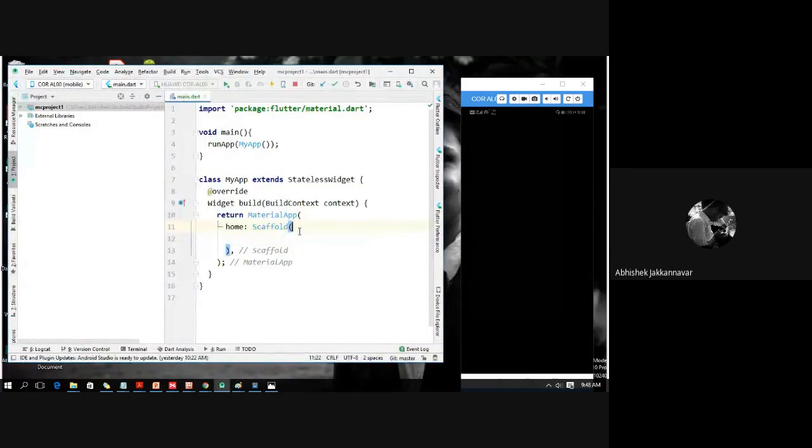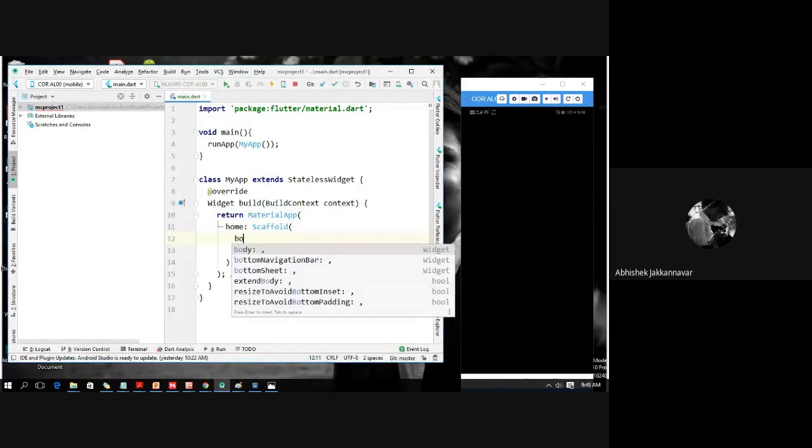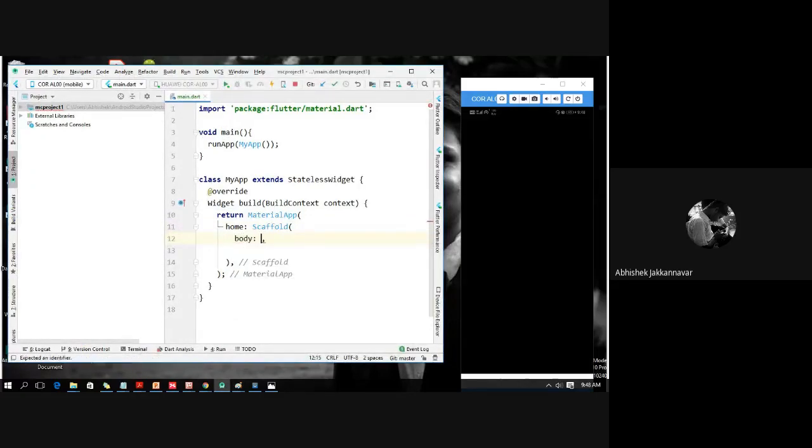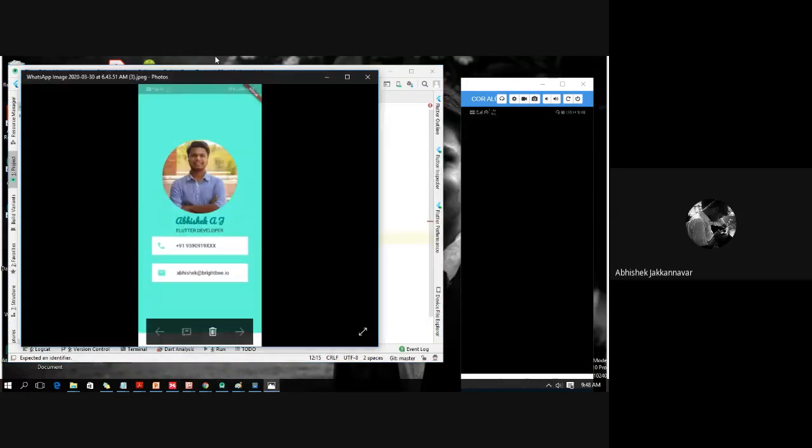So what do I say? I say a body. Okay, a body. So now what will my body be? My body will be a row, not row, a column, because you see all these things are aligned vertically. So 1, 2, 3, 4, 5. But here again we have these two things, which we'll see how we can fix. But for now, what we'll do is we'll create a